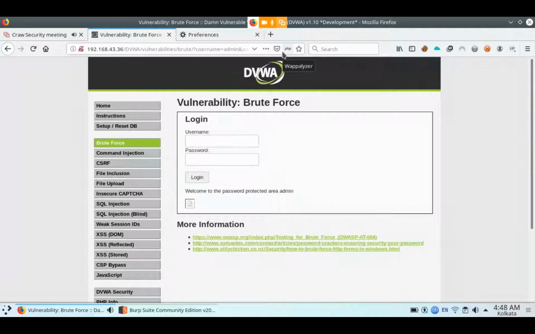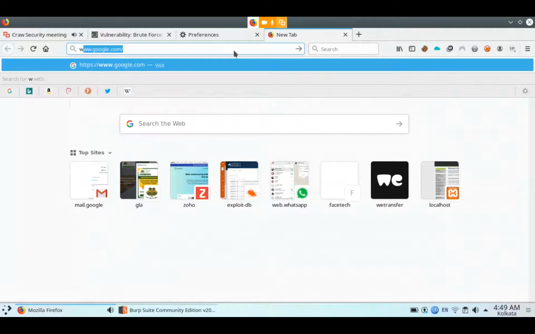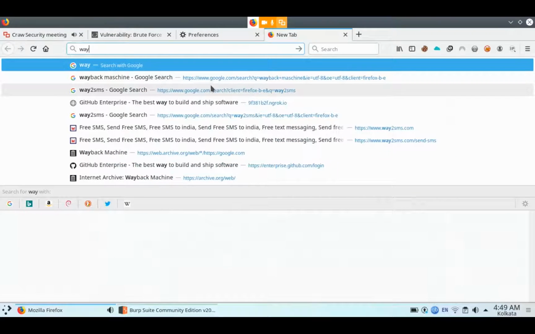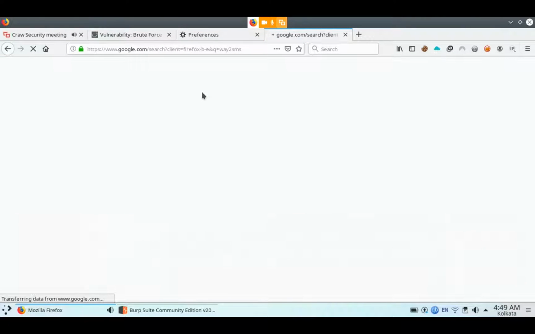Now I want to show you some live websites which are vulnerable to brute force attack. You can also try. The website name is Way2SMS.